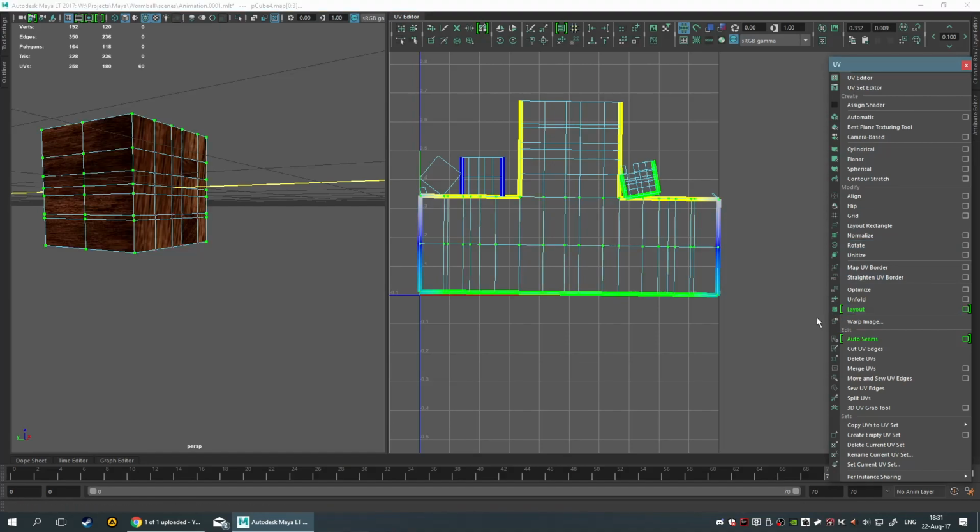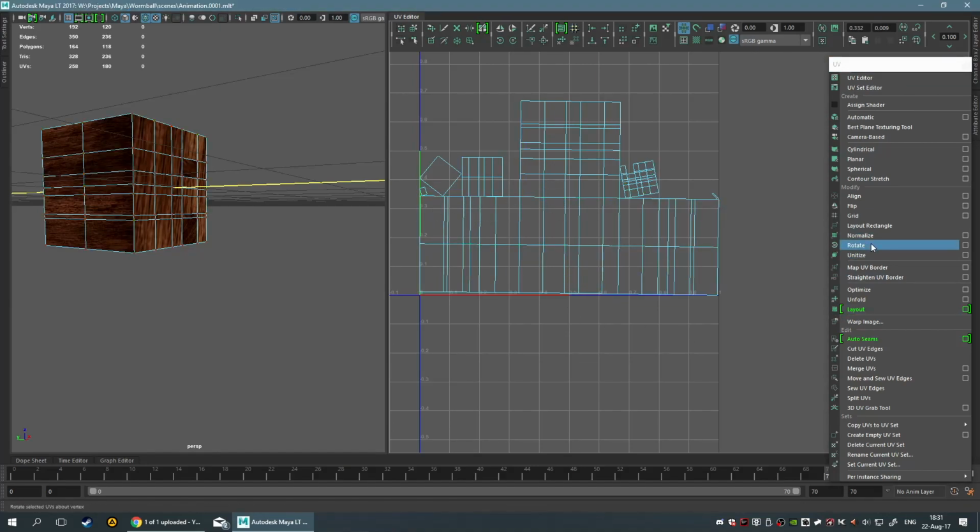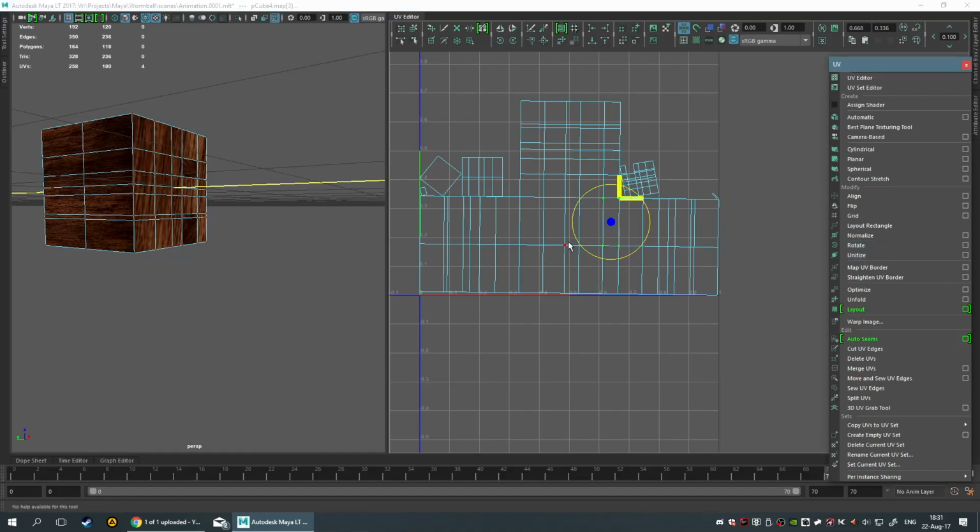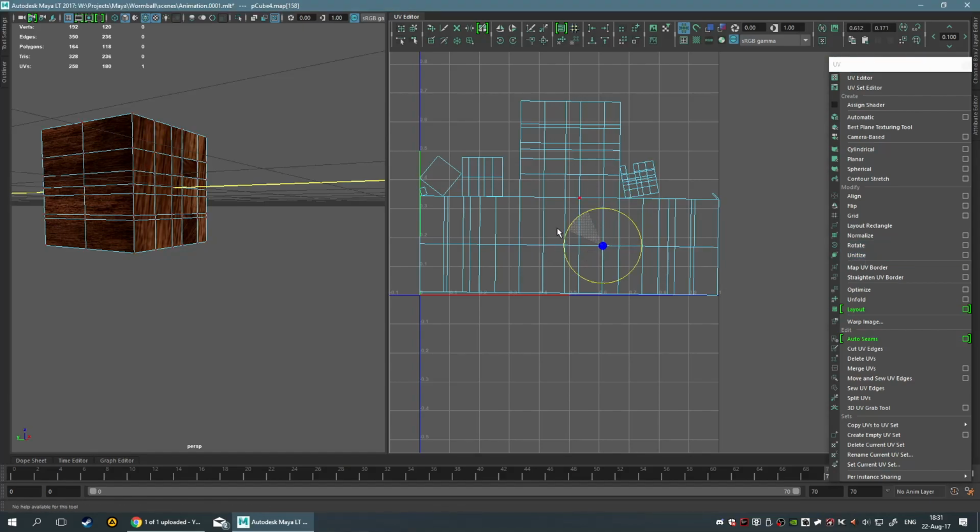Obviously, you can still rotate things around, right? You can rotate a particular vertex, because you don't have the choice here, right? If I go ahead and grab this and I try to move this, I actually can move my pivot. And I want to move my pivot to a particular vertex, let's say this one, and then I want to rotate. Now I can rotate this along this thing. The difference is that this allows you to do the same thing without repositioning your vertex. So if I want to rotate this around this vertex, well, obviously I need to select the face,